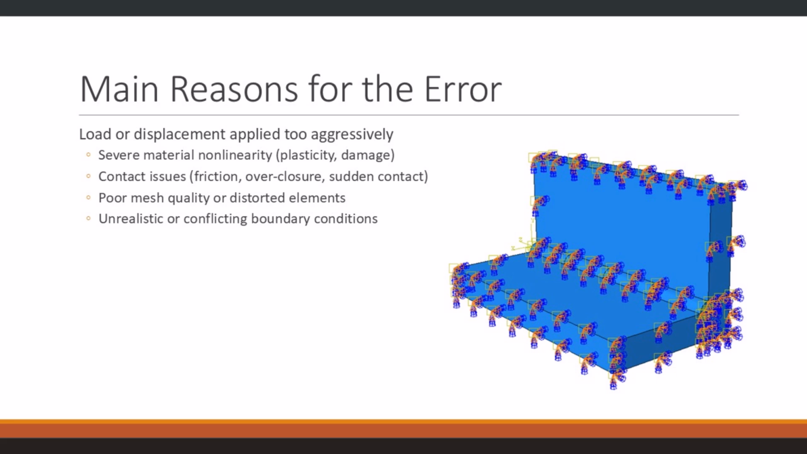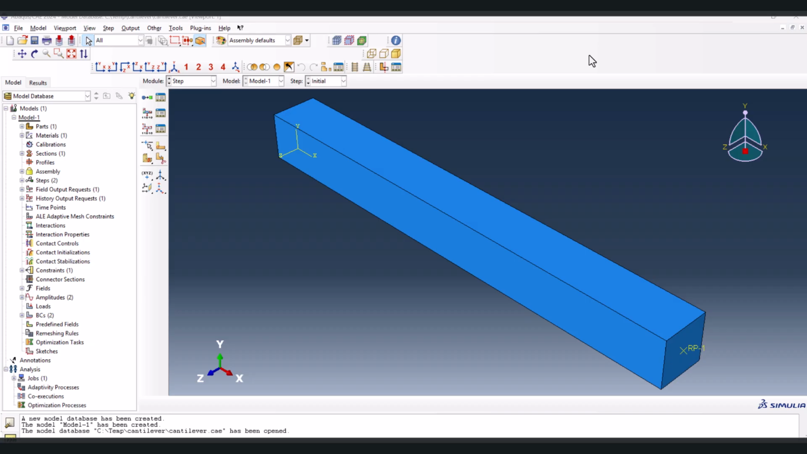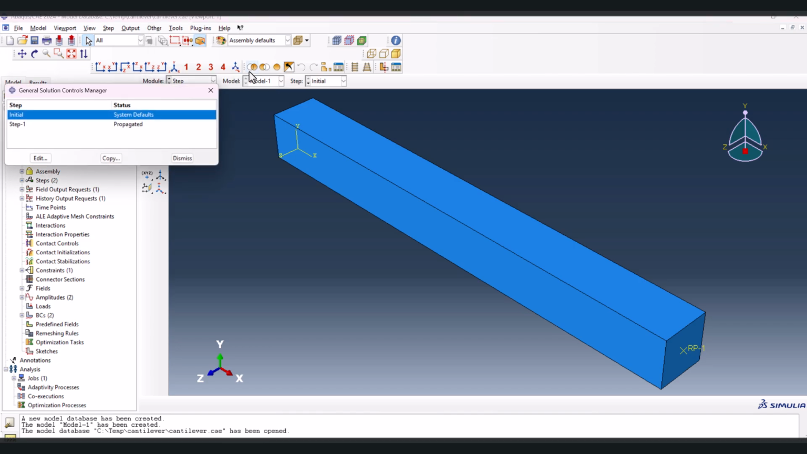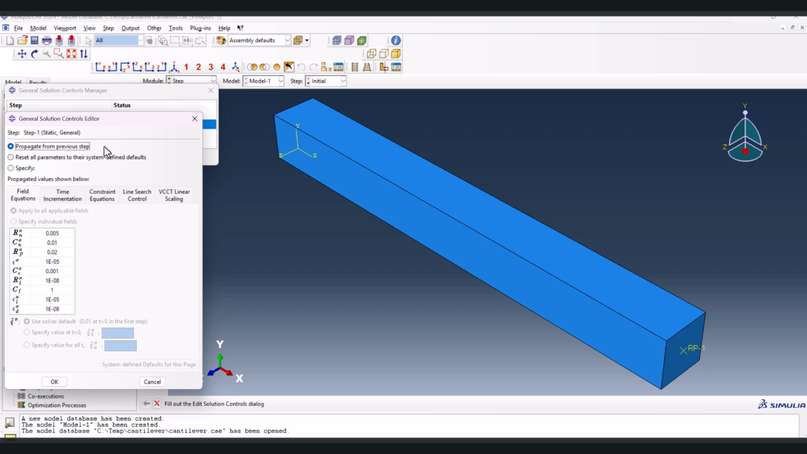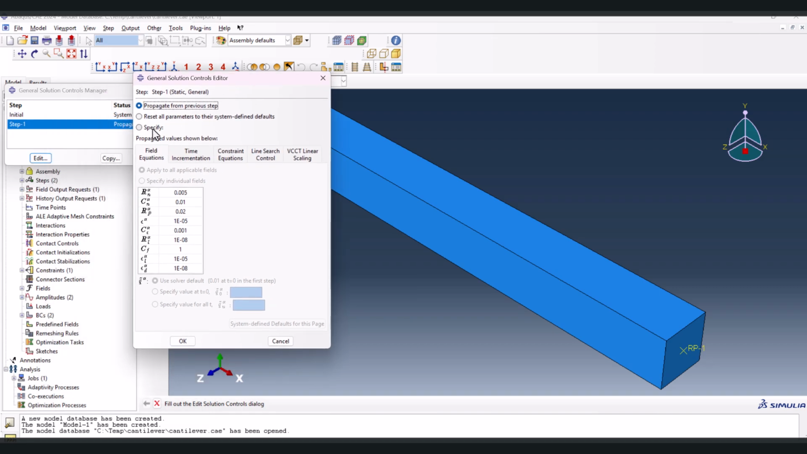Now that you know where these errors come from, let's talk about how we can fix them. One of the most common ways to resolve this issue is to change the number of cutbacks. First we need to go to the step, and from step go to Other, General Solution Controls, and let's go to the Manager, and we have Step 1. We click on Edit, there's a warning, we ignore that, continue, and here we need to go